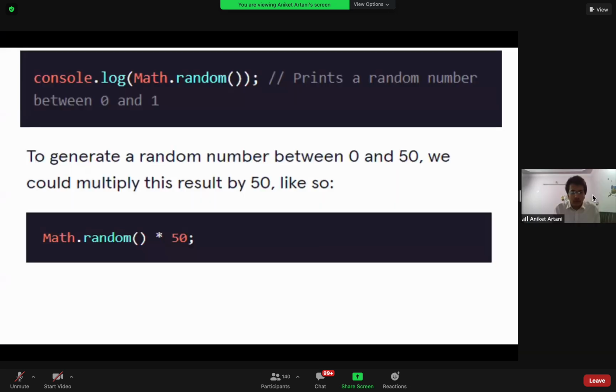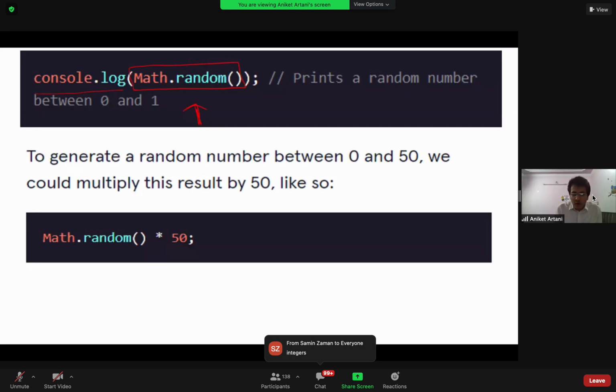So let's see what we can do using the Math object. Math.random. These are all inbuilt methods. Don't forget, we will use this function at the end of our class, maybe tomorrow, for building a small game. Math.random generates a random number between 0 and 1, and console.log will print the number.